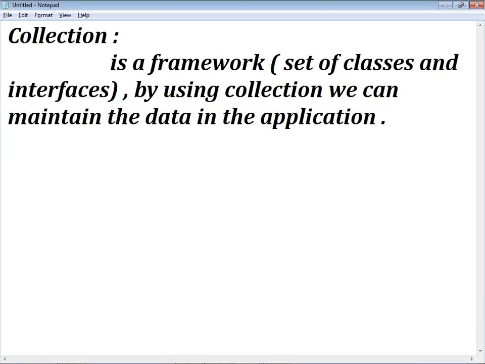Like previously we stored 3 student records, right? Where did you store the 3 student records? In the application only. When you close the application, will you get all the student records? No. Temporarily in the application, if you want to store, we will go for collection. Permanently if you want to store,